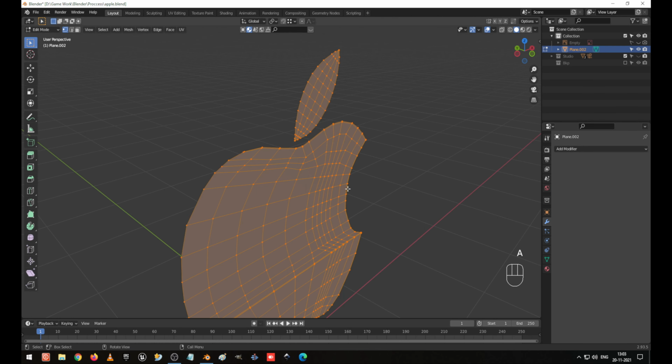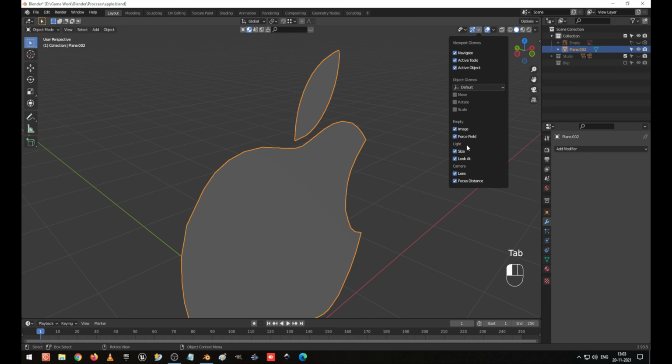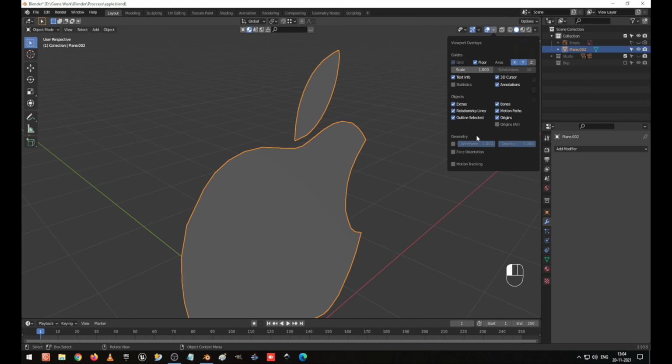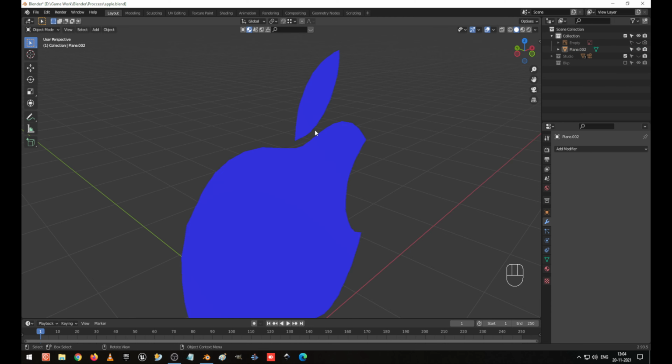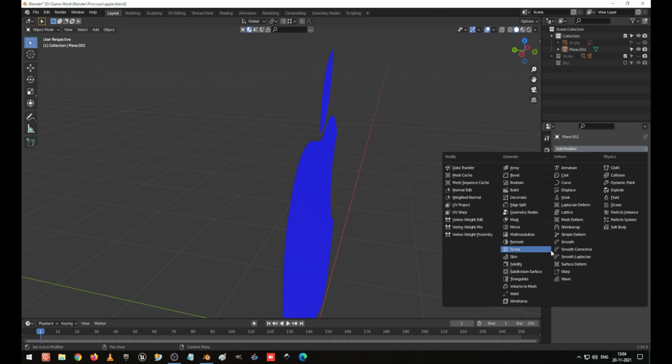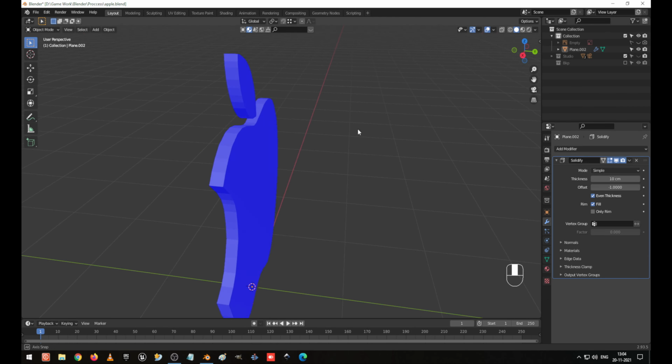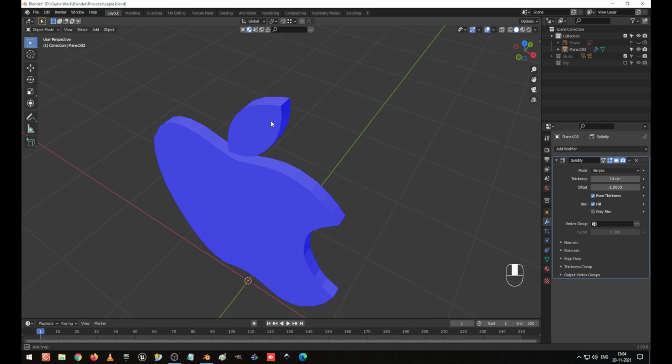close the solidify. I select everything, press Shift N to recalculate normals, it was inside, so I'm going to make it outside. Now go to the object and see the orientation. Blue should be outside. Okay, blue is outside, red is inside. So now I'm going to add the solidify modifier. Now even thickness I'm going to give as 10. Now we can see it has created everything perfectly on the one side.